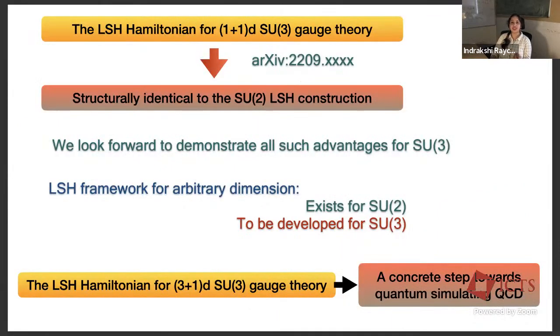Okay, so as I mentioned, it was recently reported, as I have just explained to you, that the Loop-String-Hadron for SU3 is structurally identical to the SU2 construction. So we expect to see the advantages that we have seen for SU2 in SU3 as well. However, the actual job is to find a Loop-String-Hadron framework for 3+1 SU3 gauge theory,